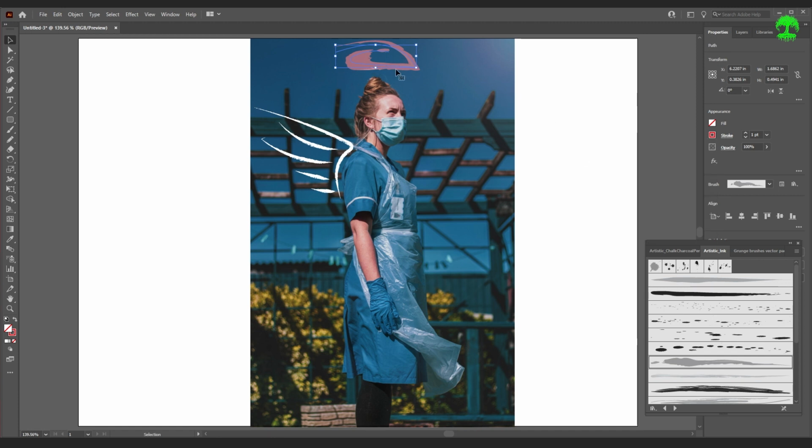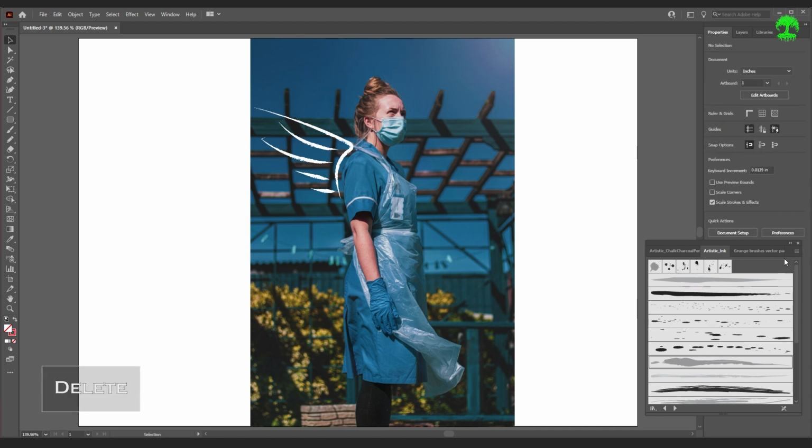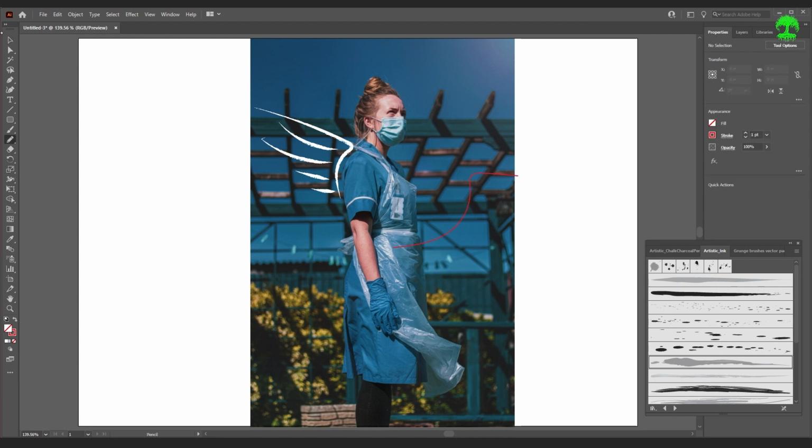So even if I layer a bunch of these on top of each other, I'm gonna need a lot of them before I start to get to that color that I was looking for. So let's just go ahead and delete that, and we'll make another line here. And we'll select that,